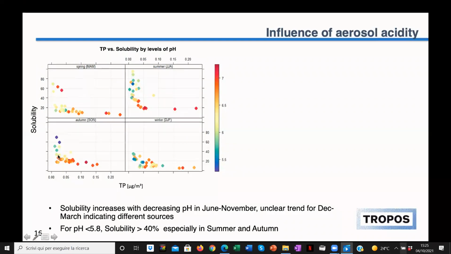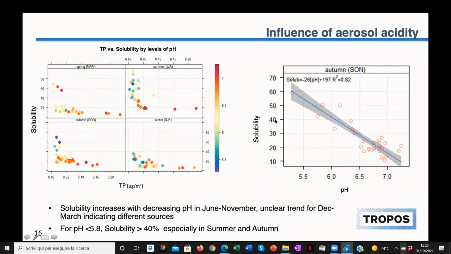We also found the same trend for September, October, November, where we found a very strong correlation between aerosol acidity and solubility. So this is a plot where we plotted the solubility against the pH. We saw a strong linear regression with regression factor more than 0.8. So this tells us that the aerosol pH controls the solubility in this region during certain periods of the year. Whenever the pH was less than 5.8, the solubility was greater than 40%, which is quite significant